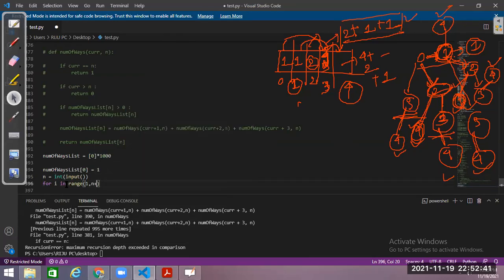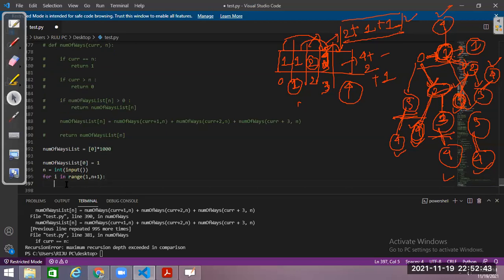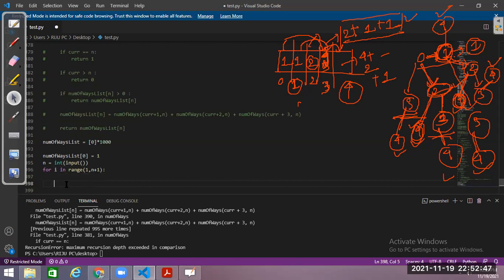Okay, let's finish up at n plus 1, because for the nth I have to calculate. Fine. So what will I do here? I will check the previous three function calls, the previous three states should be considered, right? How can I reach f of n minus 1? How can I reach f of n minus 2? How can I reach f of n minus 3? These three states will add up together and they will constitute the answer of f of n. This is what we are seeing in this example.